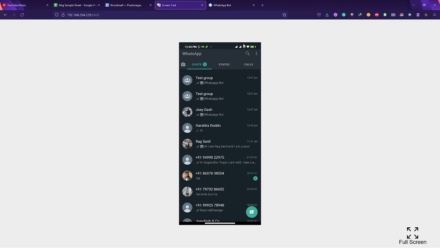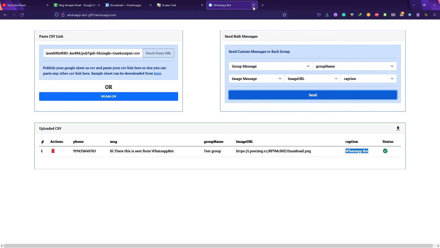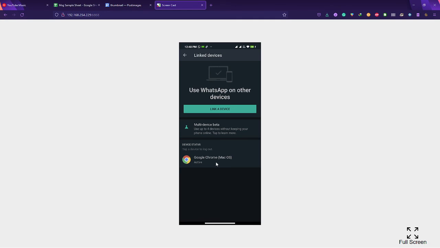Now you don't have to worry about signing out or something like that, because if you close this tab, it will automatically sign out. As you can see, it has automatically signed out. In case it has not signed out, you can click on the Chrome and then you can select sign out. So that's how you sign out from the tool. And don't worry, it doesn't fetch any of your message data. Everything happens in your browser and it is totally safe.